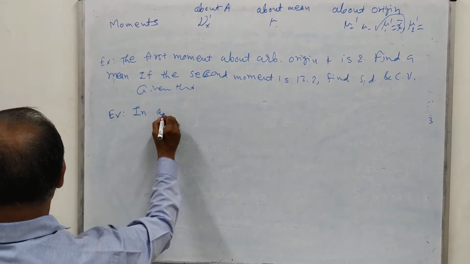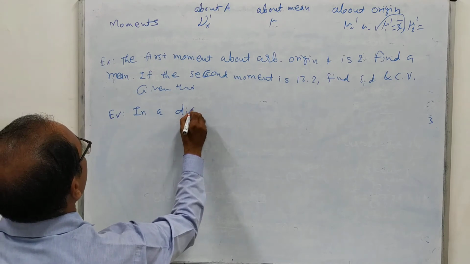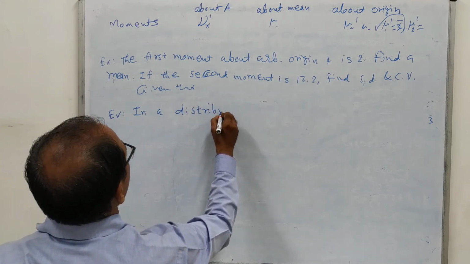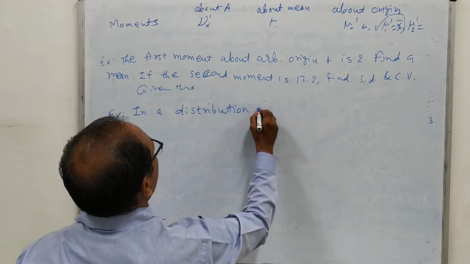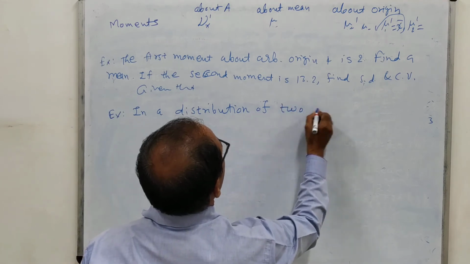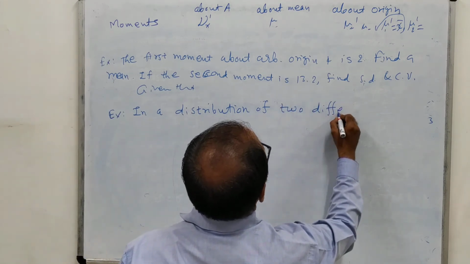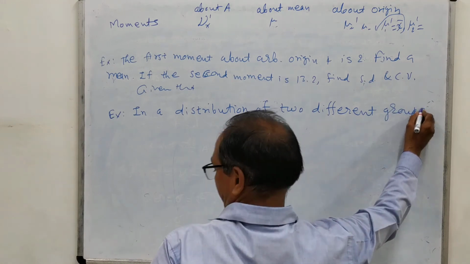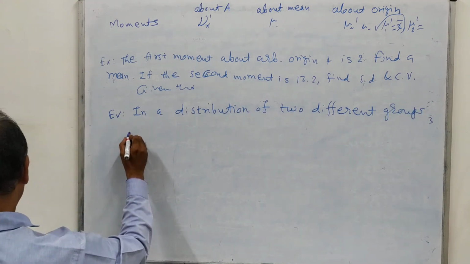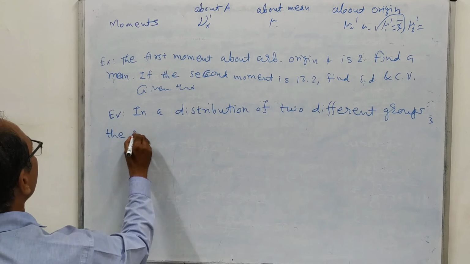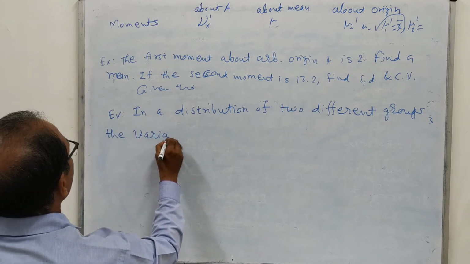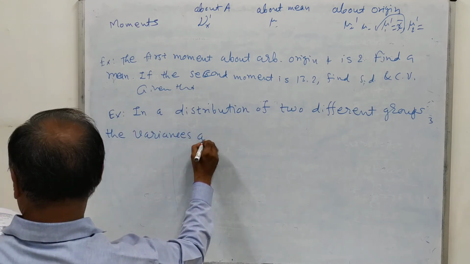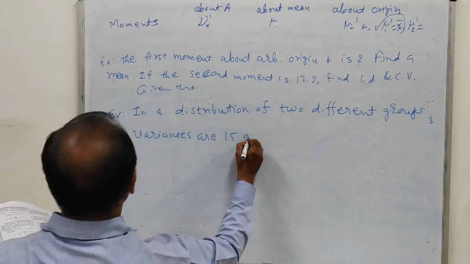In a distribution of two different groups, the variances are 15 and 27,